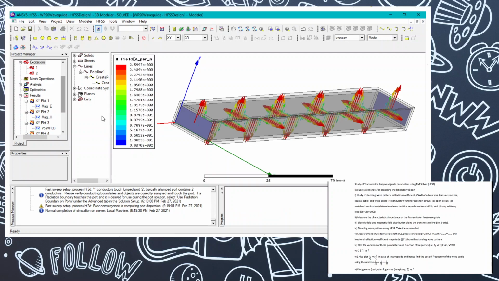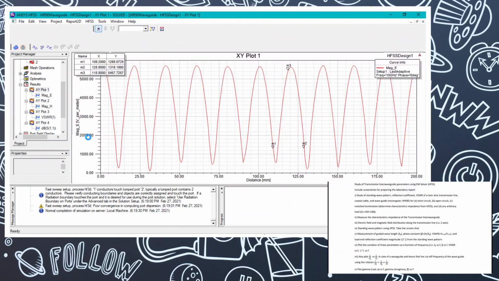So the result has completed, the solution part is completed, and we can now see the plots. This is the electric field plot along the polyline that we have created along the distance, and you can change the marker positions as well according to your need.